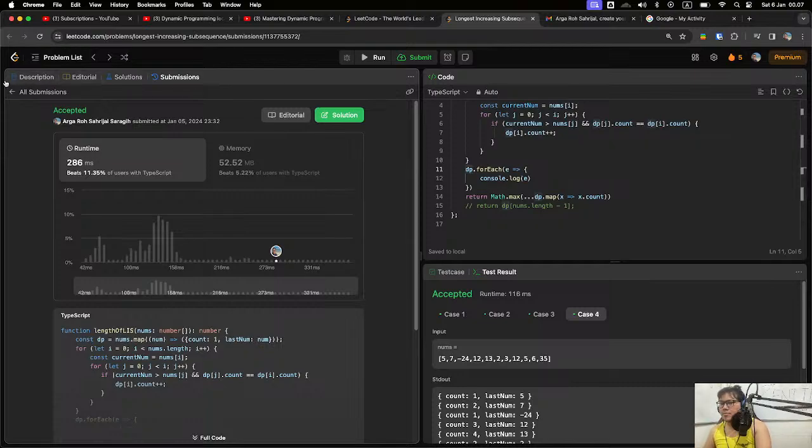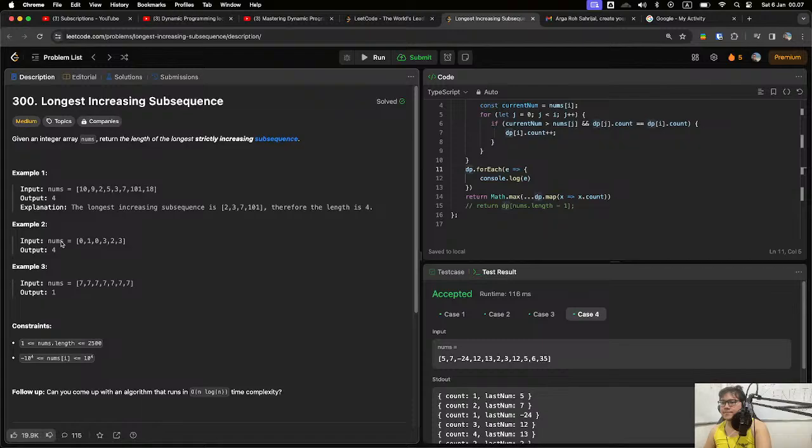So actually the problem is this. Go to the definition. We are given an integer array, and we need to find the length of the longest strictly increasing subsequence. Here is a tooltip on what a subsequence is.